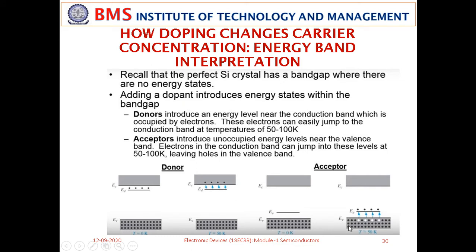When temperature rises, these electrons will tend to get filled. You can see in the vicinity there are a lot of empty states created by trivalent impurities. So, electrons can easily move to these empty states, and therefore holes will result in the valence band here. So, this is the energy band structure of p type semiconductor material, and this is the energy band structure of n type semiconductor material.